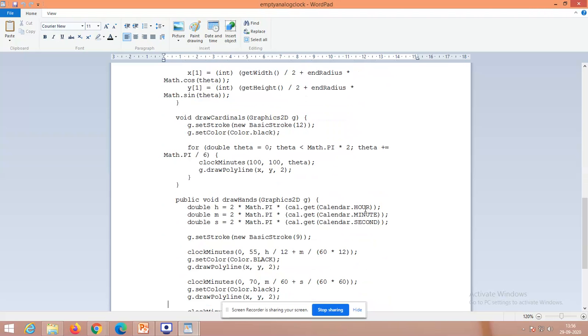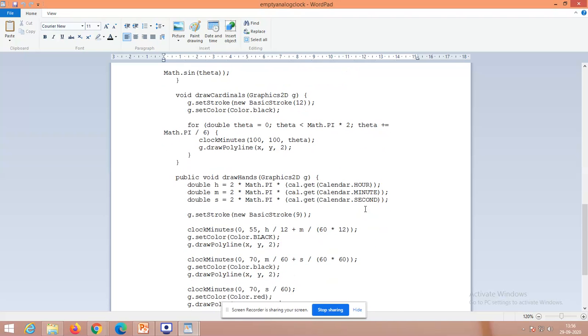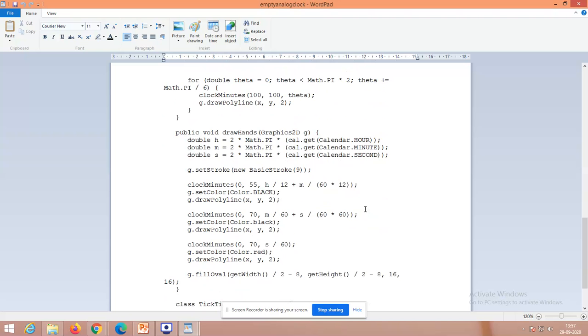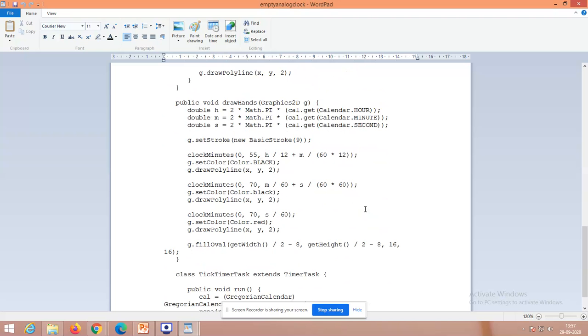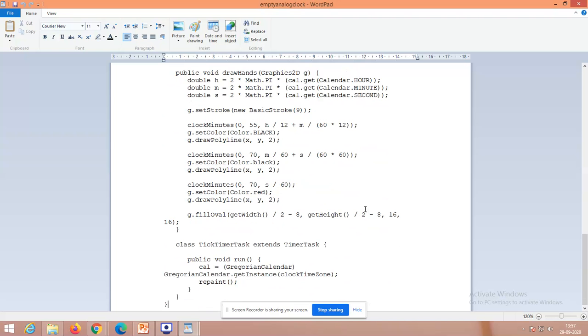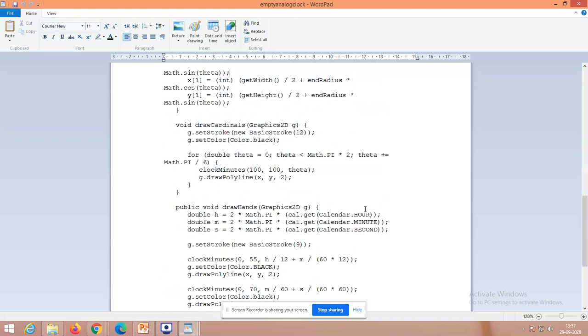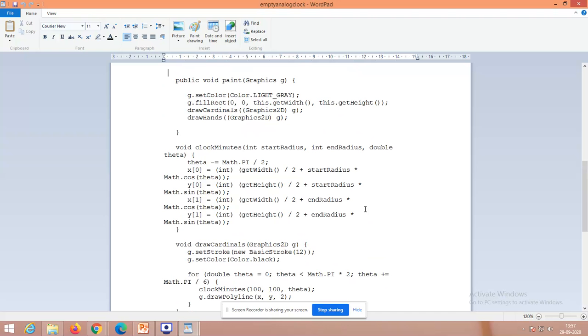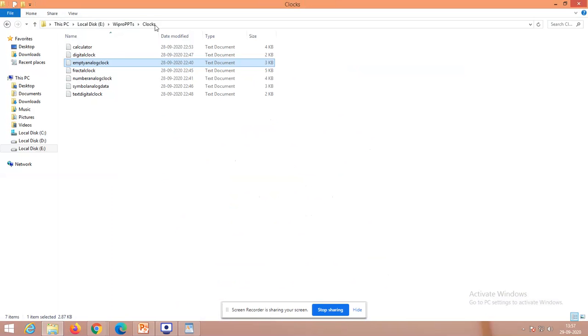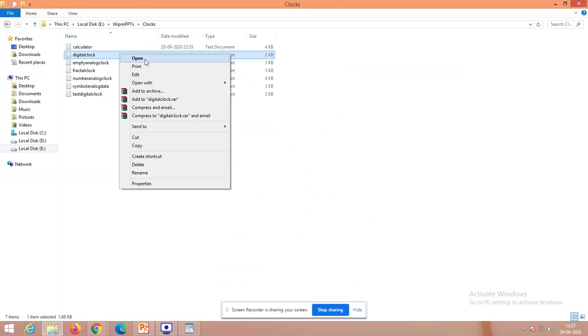So what could be the count I have to do? After 12, it has to come for the calculation. After 60, it has to come for calculation, right? So likewise, you could change the length and width depending upon your customized work. Okay, so Gregorian calendar will give me the values from its built-in date and time function. That's what they are ready to work with. And this is the program for this, and I'll show you the program for a digital clock also. Finally, I will show you the output.